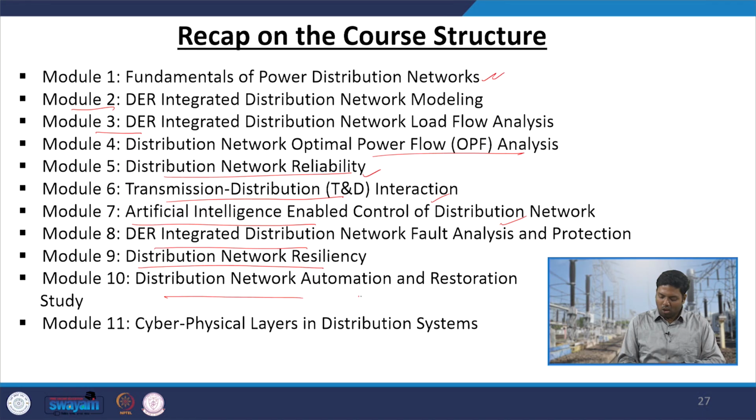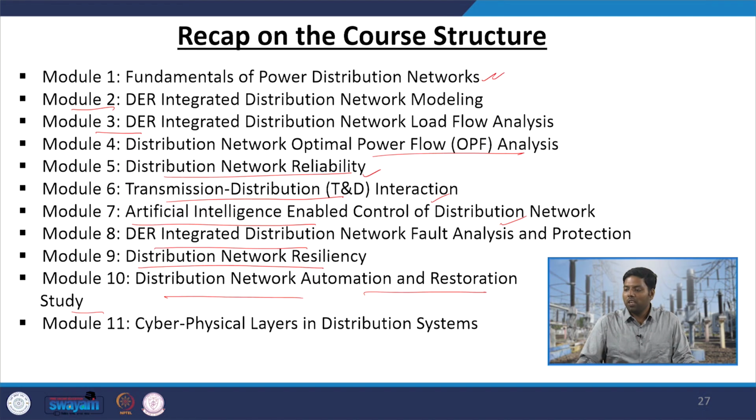Then distribution network automation and restoration studies we have studied in module 10, which is mainly focused on your ADMS, your smart meter data, then restoration strategies and your network reconfiguration. These things we have studied, and at last in module 11, that is the last module, which gives you the idea of